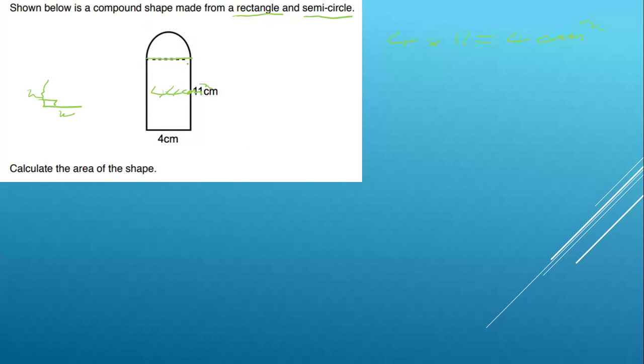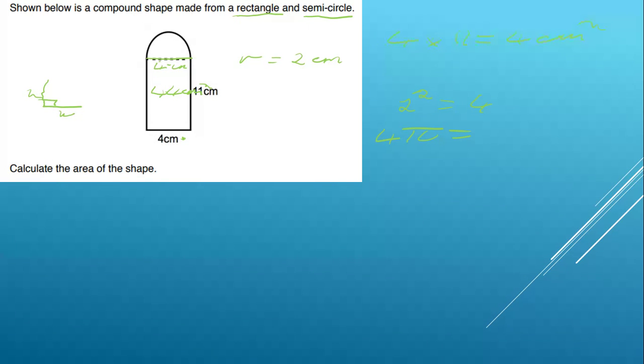Now this semicircle, it isn't clear straight away how we find, because in order to find the area of that semicircle, we're going to need the radius. But if we look below here, the base of this semicircle must be the same length as the base of this rectangle. So the diameter of the circle must be 4 centimeters. Well, that means that the radius must be 2 centimeters because the radius is always half of the diameter. So we'll do 2 squared, which equals 4, and then find 4 pi,